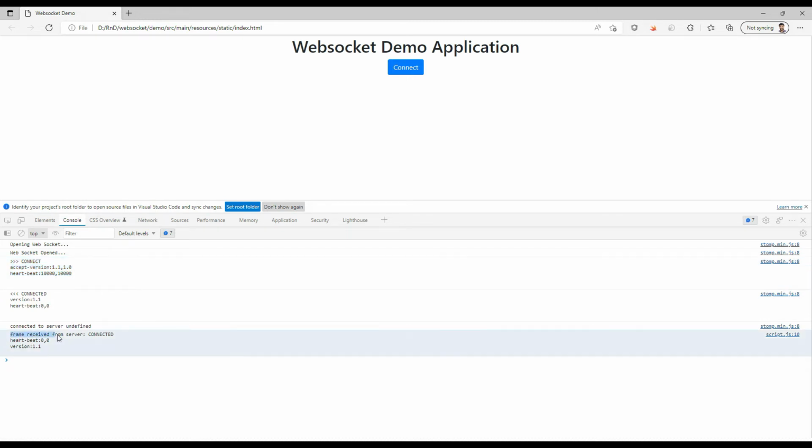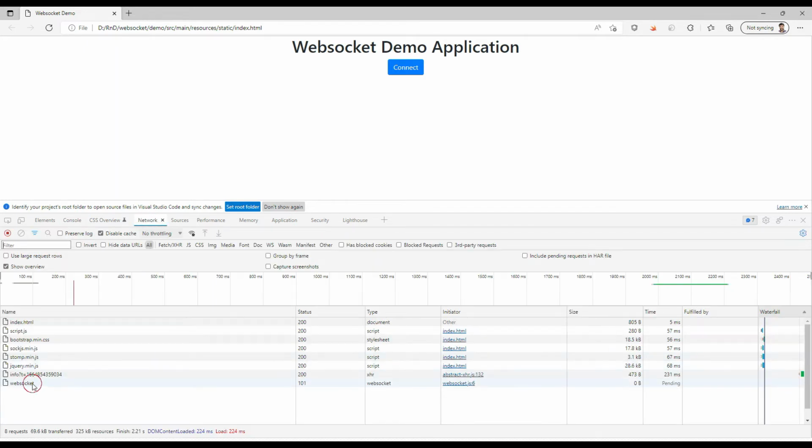And you can see here, frame received from server. This is the log we have written, connected. So this is the command received from the server again. So this is the help of STOMP. STOMP adds these commands to make client and server understand the frames that are transported with the WebSocket and the TCP. Great. Now if I go to the network tab, you can see there is a WebSocket protocol